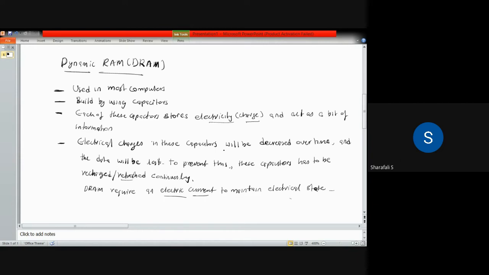Now we will discuss the operation of this capacitor or the DRAM, how it can store these memories. This DRAM consists of basically a capacitor-transistor network. So let me see, if you consider this DRAM,